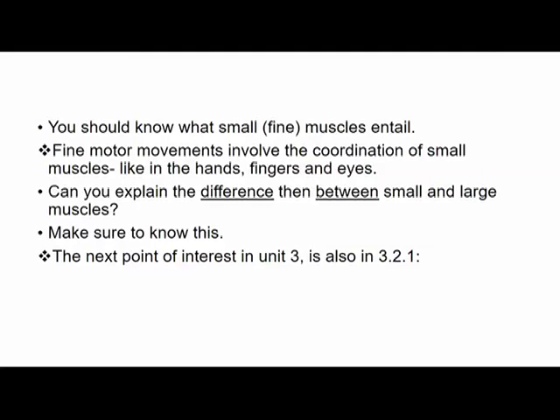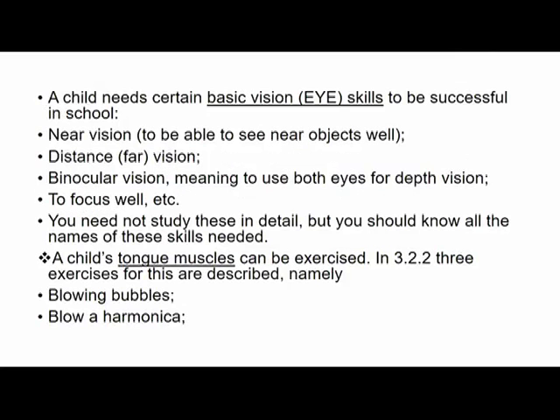The next point of interest in Unit 3 is also in 3.2.1. A child needs certain basic vision, that's eye skills, to be successful in school. One of them is near vision, to be able to see near objects well. Distance or far vision is necessary. Binocular vision, meaning to use both eyes for depth vision. To focus well, etc. You need to study these in detail, but you should know all the names of these